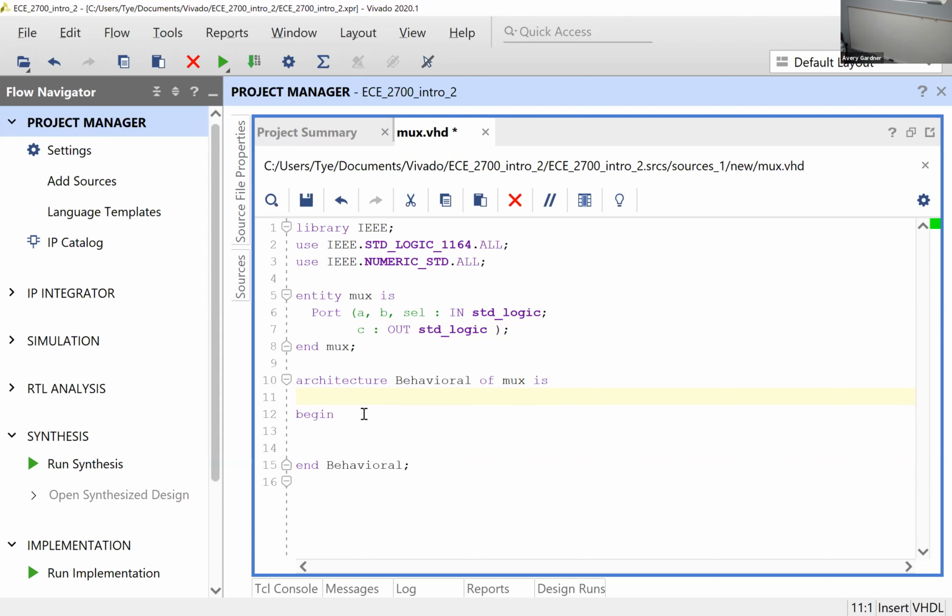Now I have to go start worrying about the architecture. Under the architecture, it has that begin. Under the begin, I'm going to go ahead and write the expression for a mux. And we talked about this last time. And all I have to do is say C, which is the output, gets assigned to, right? It's like equals to, but it's that less than or equal to symbol. And then I say something like A and not cell, or B and